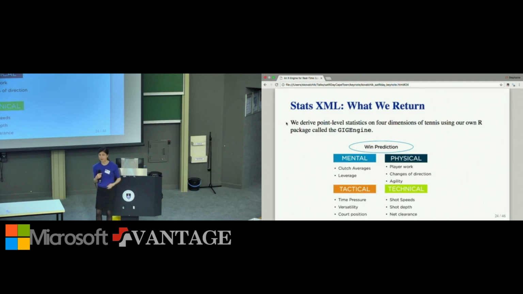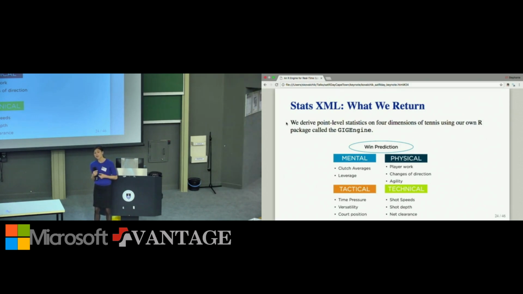What about what we deliver? What exactly are we providing in our processed file? It's mostly a lot of performance metrics, which I tried to diagram the key features here. At the very top, we have our win prediction.